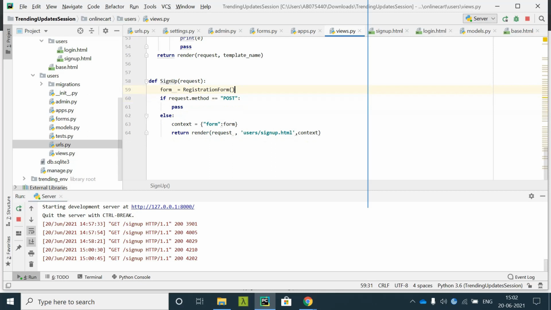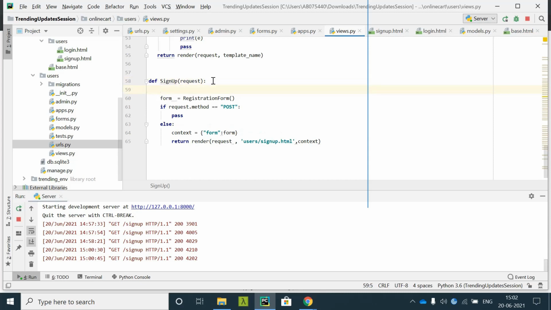I'll explain this code to you. If request dot method, first we'll see what is there in our request.